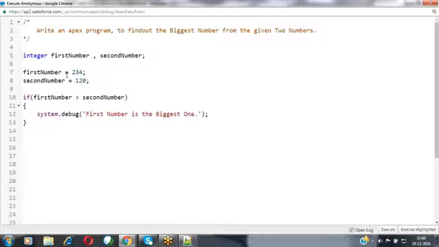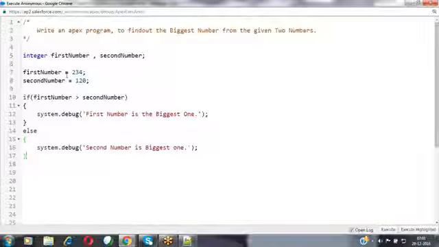Else, I want to show the message with System.debug: second number is the biggest one. So I have written a condition to verify those values. If the first number is greater than the second number, I'm printing the message first number is the biggest one. If the condition fails, I'm displaying the message second number is the biggest one.